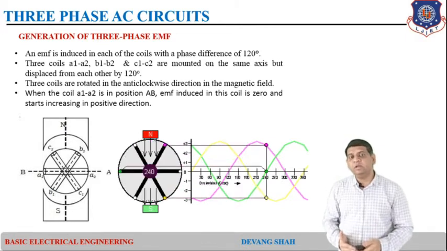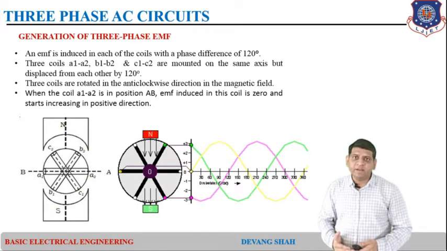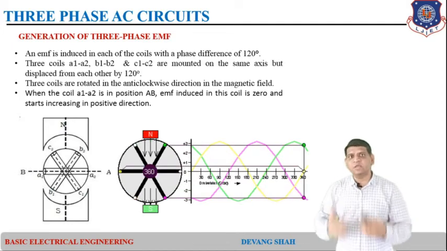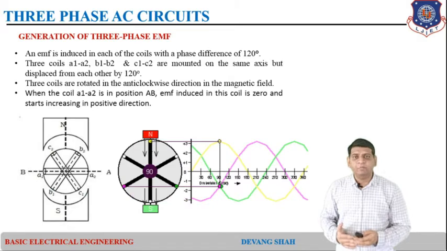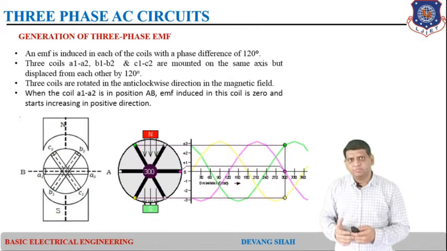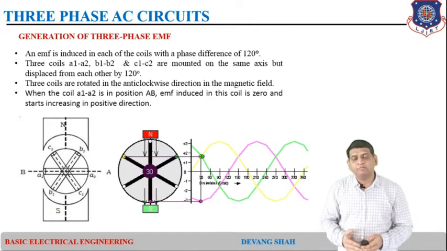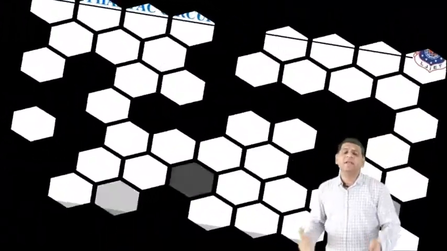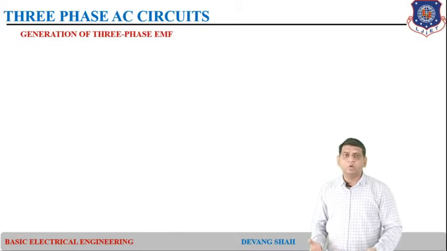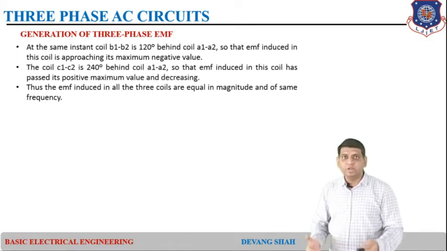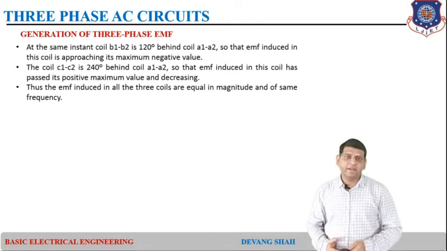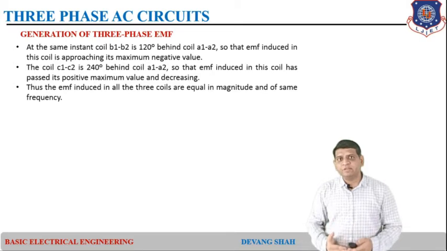The other vector, which is 120 degrees apart from A1 and A2, I define as B1 and B2, right? That will generate the same, identical signal as A1 and A2, but it is 120 degrees apart. So that starts 120 degrees after A1 and A2. Here you can see I define E of B1 B2 is equal to E0 sine omega t minus 120, right? So you can see B1 B2 is lagging A1 and A2 by 120 degrees, and the third conductor I define as C1 and C2, which is 240 degrees from the reference A1 and A2,